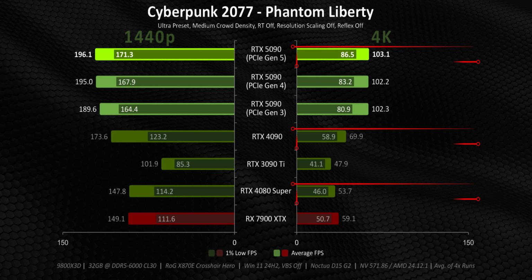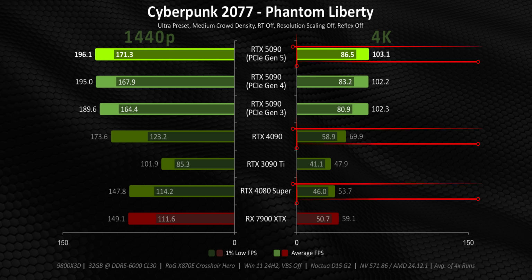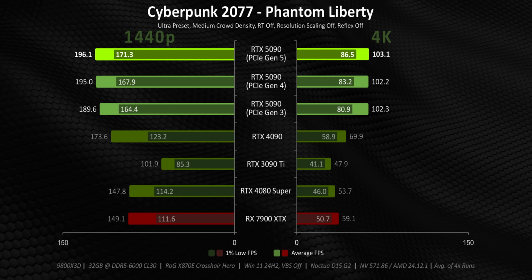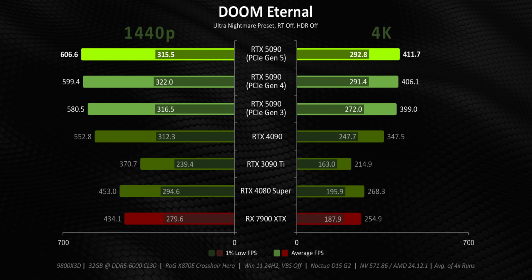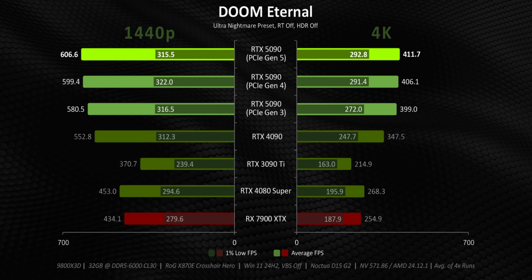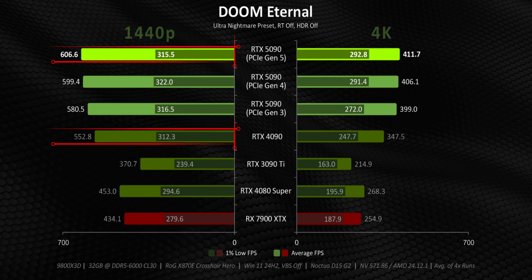But jump up to 4K, and that slim lead for the 5090 turns into a solid 45% advantage. It was obviously built for 4K gaming. Other games like Doom, well, they tell a different story. Since they're so well optimized to deliver high frame rates, that gap between Nvidia's two flagships becomes infinitesimal, especially at